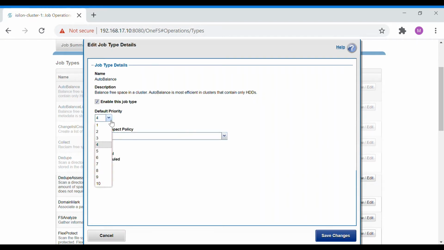You will have the option to change that, but it's not recommended, because changing the priority or the impact policy will have a huge impact on the cluster's performance, as the impact policy deals with the number of workers or the resources allocated to that particular job by the cluster. When you go for the high impact policy, a huge number of resources and workers will be assigned to that particular job, so that can affect the performance of the cluster.